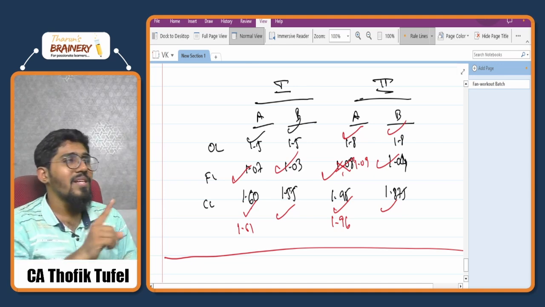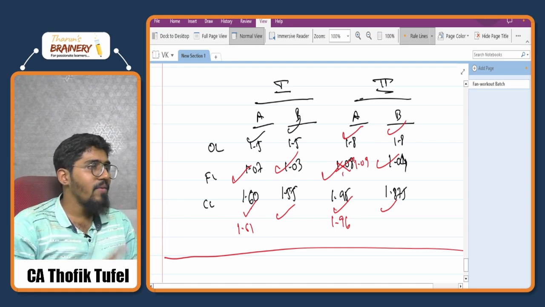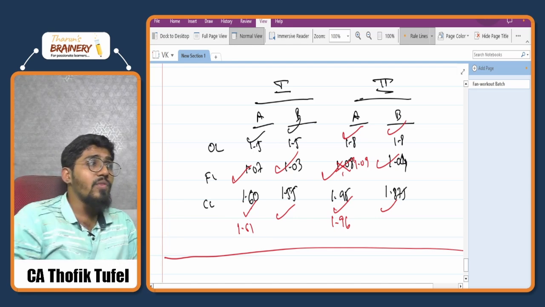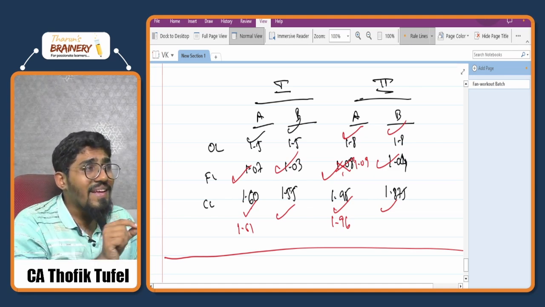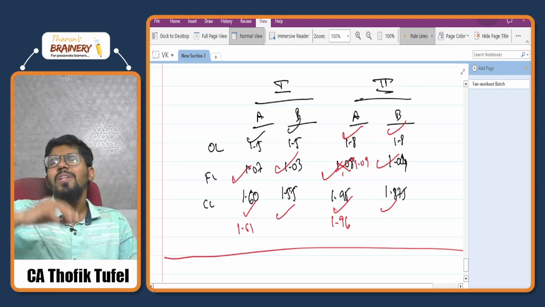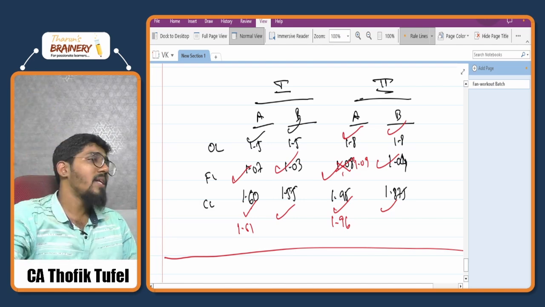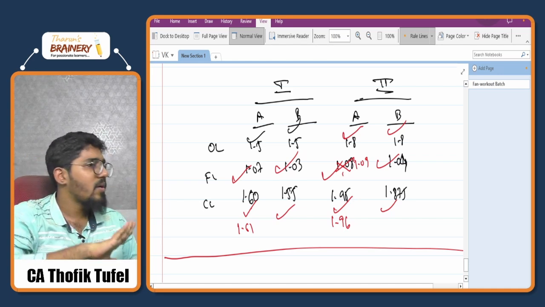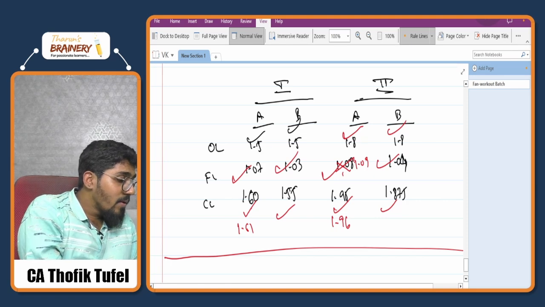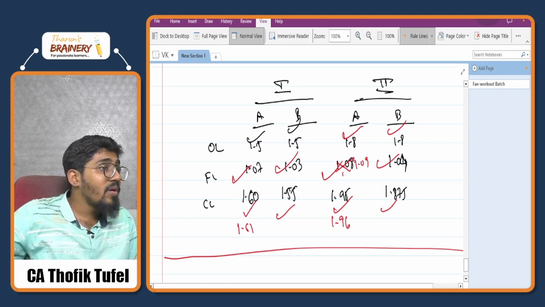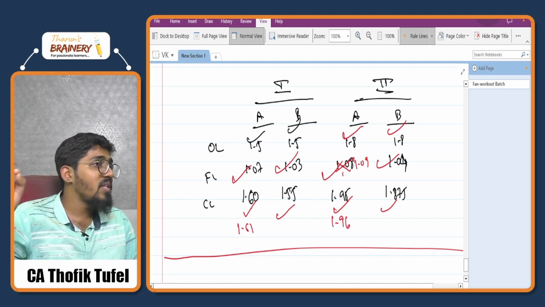I will tell you one small suggestion and one feedback. Everyone, have a notebook in which you solve the problems. In the last page of the notebook, trust me, this will be very helpful, make note of whatever mistakes you do. Mistakes are the biggest source of learning. If you're making mistakes, you will learn. If you're not making mistakes, you will not learn. Take your notebook, last page. First point, the mistake that you did was a rounding off mistake. So write down that every time the last digit should be rounded off, especially in the chapter leverages.